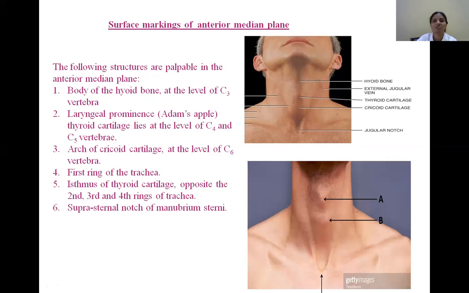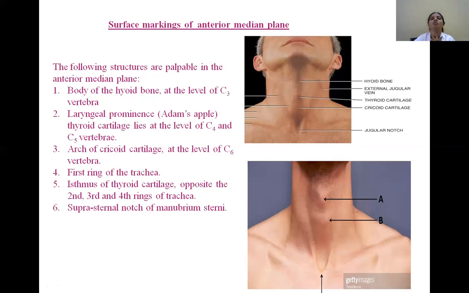Exactly, this is the junction between the base or floor of the mouth and the front of the neck. So if you bend down your head, this is the junction. What is this junction? Above, this is the floor of the mouth, right? And the front of the neck. So this exact junction represents the hyoid bone. At what vertebral level? Third cervical vertebra.